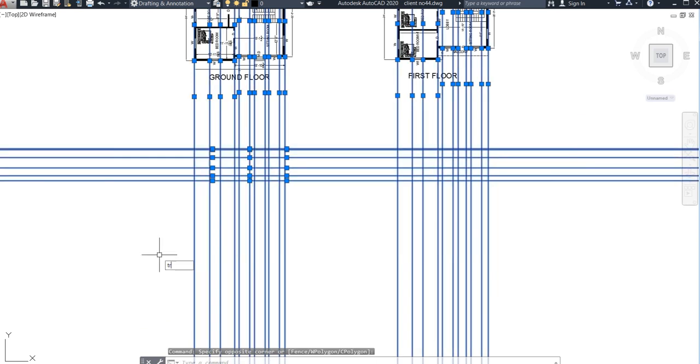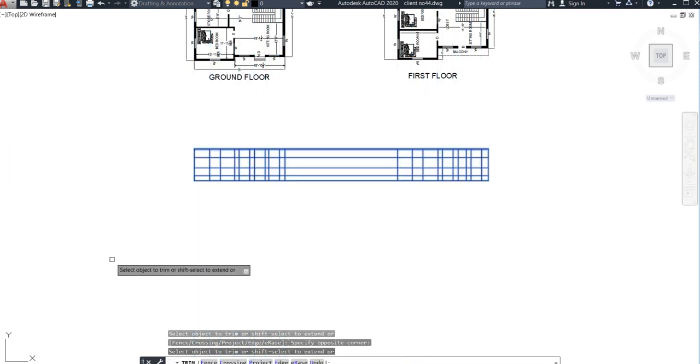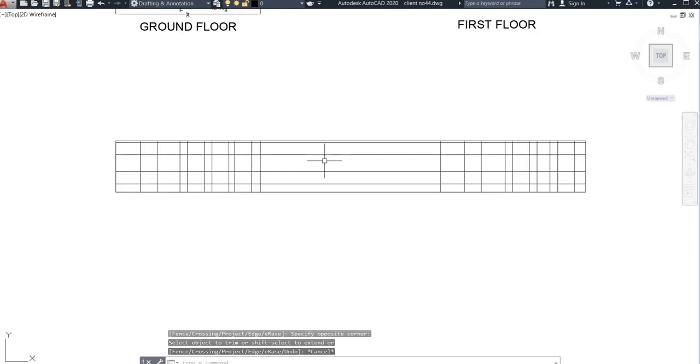Now what you need to do, just click it here on the right side. Once you click anywhere here, do not do anything, just drag your mouse without clicking or pressing any mouse buttons. Now drag it up to here and click it here. Now go for TR, enter, and again do the same thing. Now you can see the extra line has been eliminated.